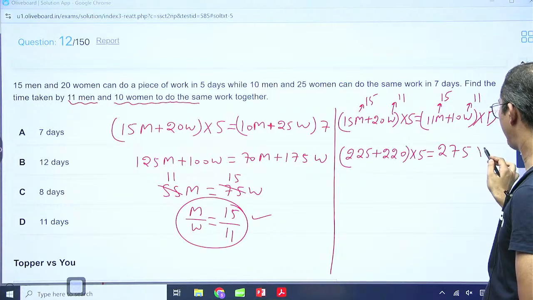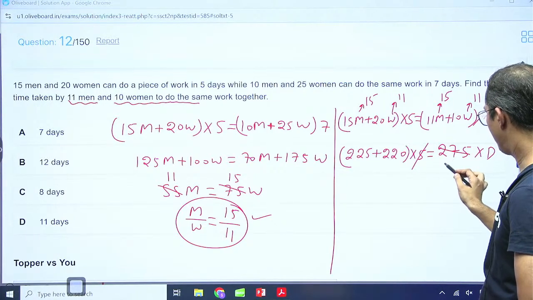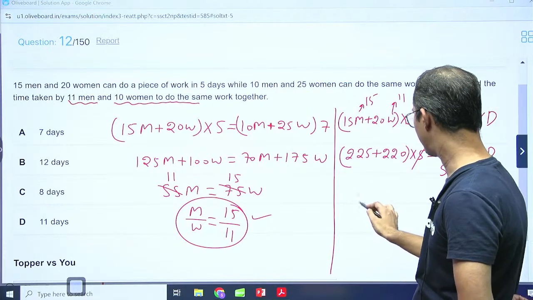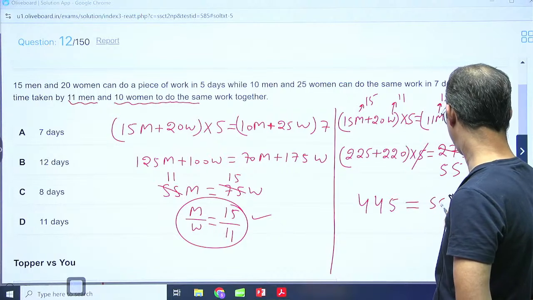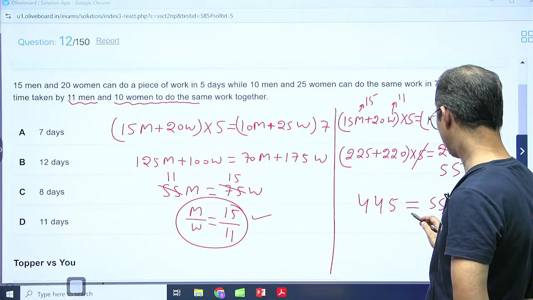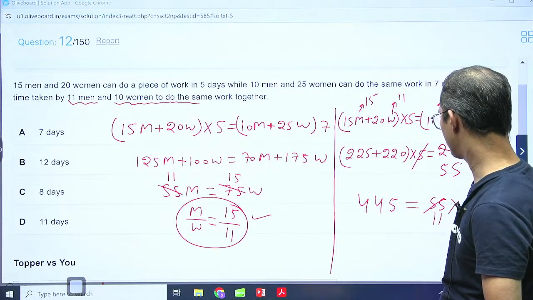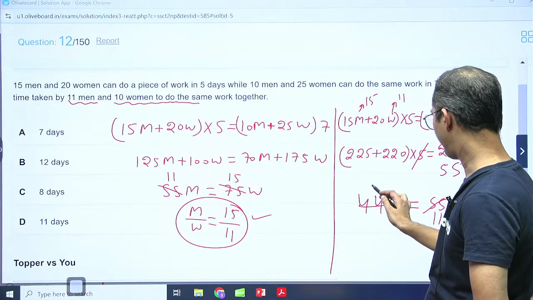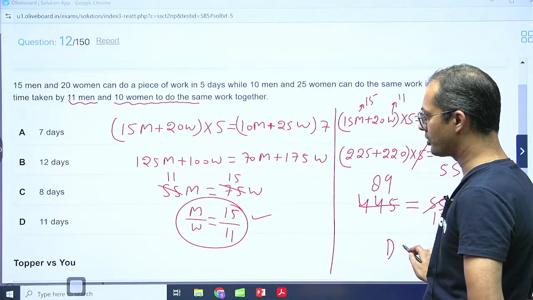So 275 into D. By 5 this is cancelled. 5 5s are 25, 5 5s are 25. So here we will get 445 is equal to 55 into D, right? By 5 this is 11 time, and this is going to be 5, and 5 8s are 45, 9s are, right? So D is going to be